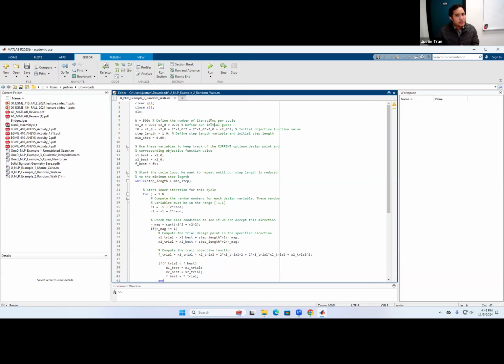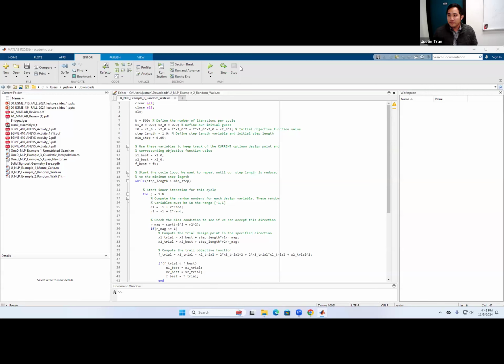So remember, Monte Carlo method doesn't have that restriction of getting stuck. In fact, it just jumps all over the place, which is its greatest strength. And so maybe you start with Monte Carlo, you find a place that's pretty close to the optimum, and then you use random walk to refine your point as much as possible.